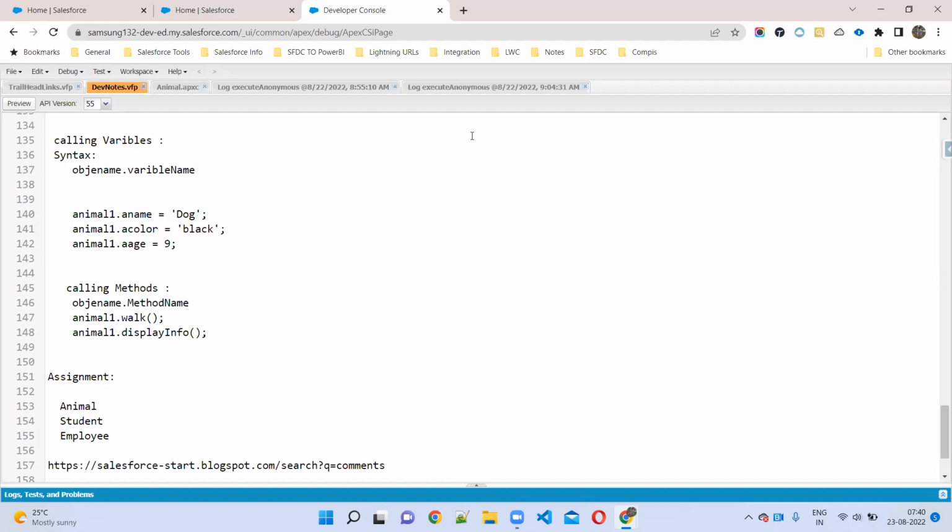That's it. What is variable? Ajinkya Thakre, what is variable? Variable is a data type. Data type is different, variable is different. What is data type? What is variable?